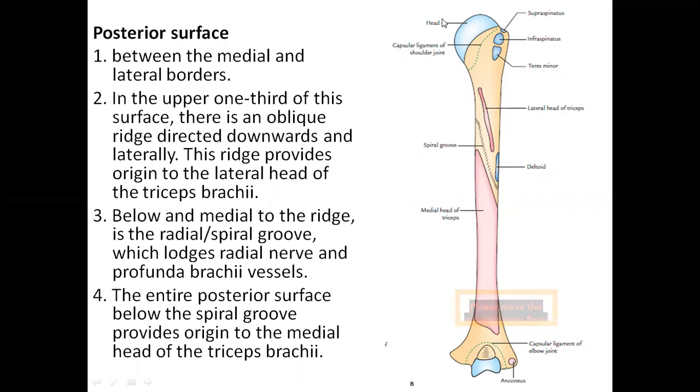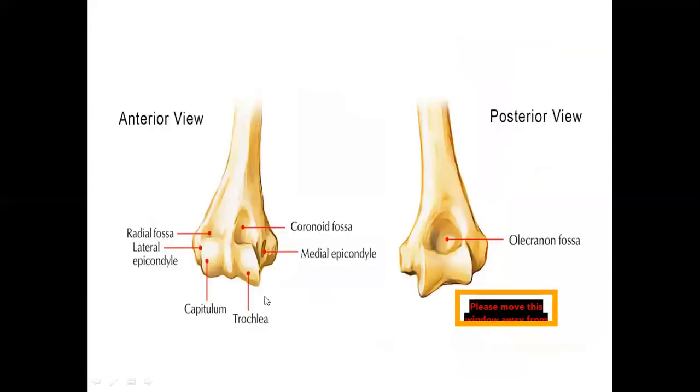We know that if the head is there, this will be the medial epicondyle. Obviously, this will be the lateral epicondyle. So on the posterior aspect of the lateral epicondyle, we will see the origin of the anconeus muscle. Now this lower end is described once again. I have already explained it. This is the medial epicondyle and lateral epicondyle, which do not take part in the formation of the elbow joint. Medially, we have the trochlea. Laterally, we have the capitulum. Above the trochlea, we have the coronoid fossa. Above the capitulum, we have the radial fossa.